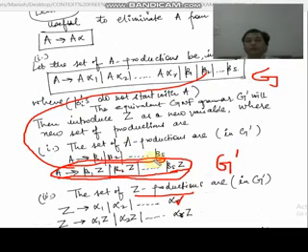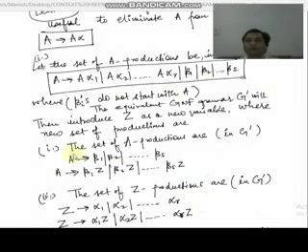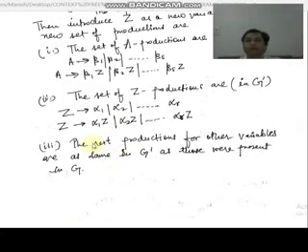for example A to beta 1, A to beta 2, up to A to beta S, and A to beta 1 Z, A to beta 2 Z, up to A to beta S Z, and Z2 to alpha 1, Z2 to alpha 2, up to Z2 to alpha S or alpha gamma, and Z2 to alpha 1 Z, alpha 2 Z, up to alpha gamma Z will all be in GNF form. And the rest of the productions for the other variables are the same in the resulting grammar G dash as those that were present in the original grammar G.